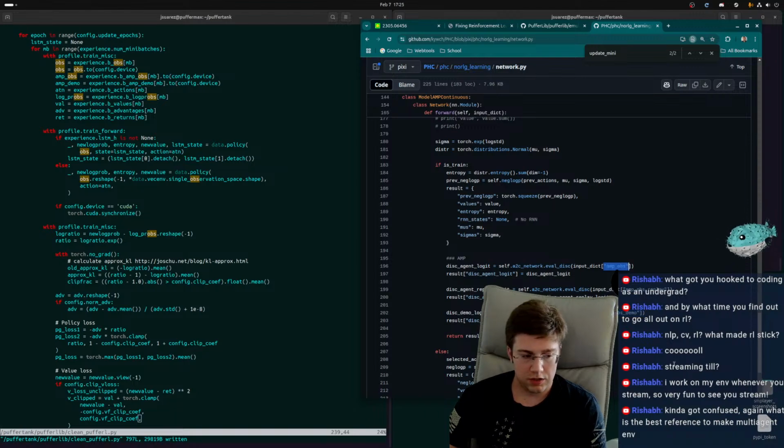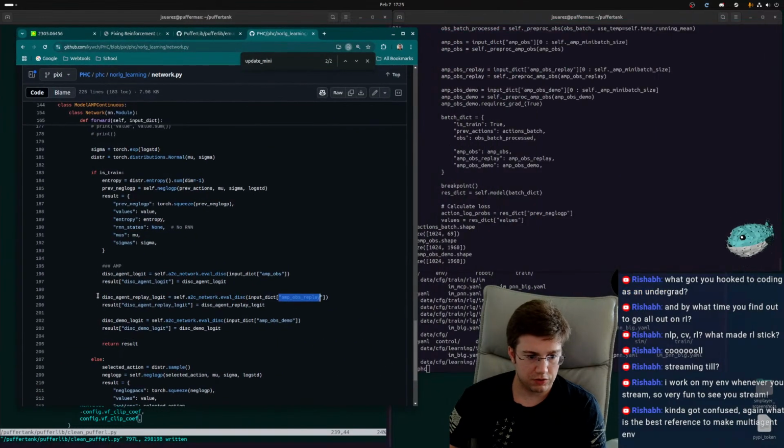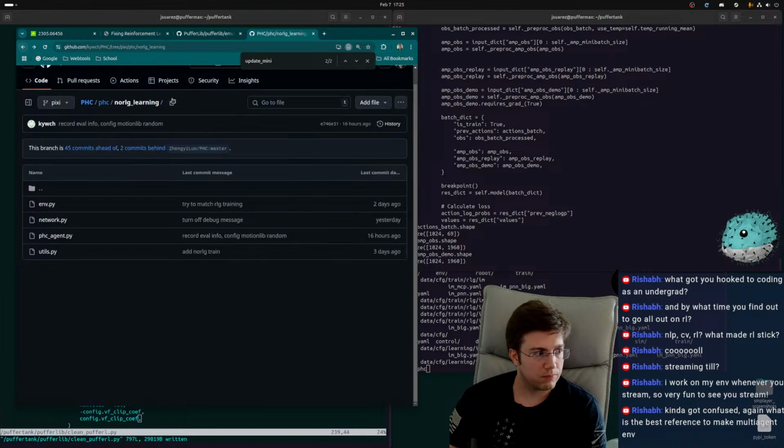It is the AMP format of the observation of what your current state is, and then the same thing for the demo. So I don't know what this is, because I don't know what this piece is here. Oh, I'm covered by camera. But this we can do, because this is just eval disk, eval disk. You call the model on both, and then